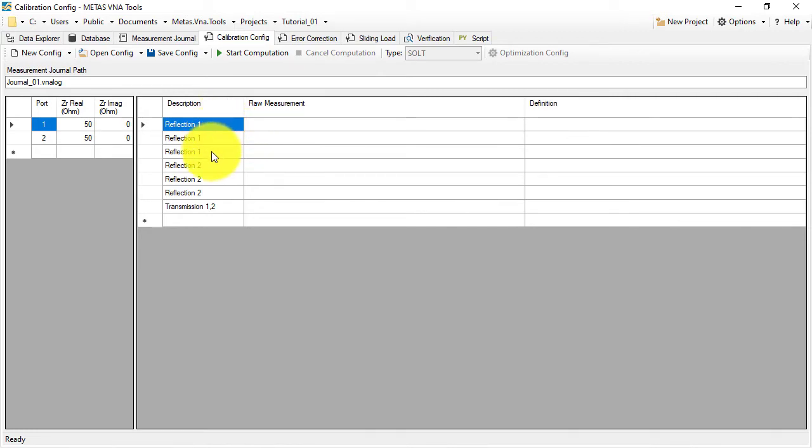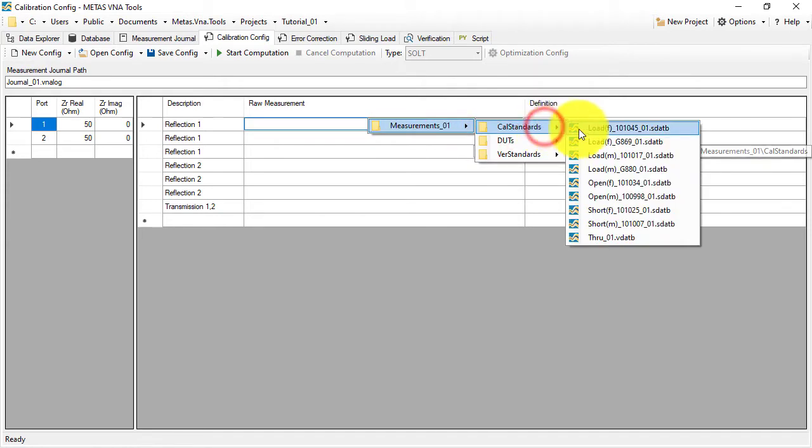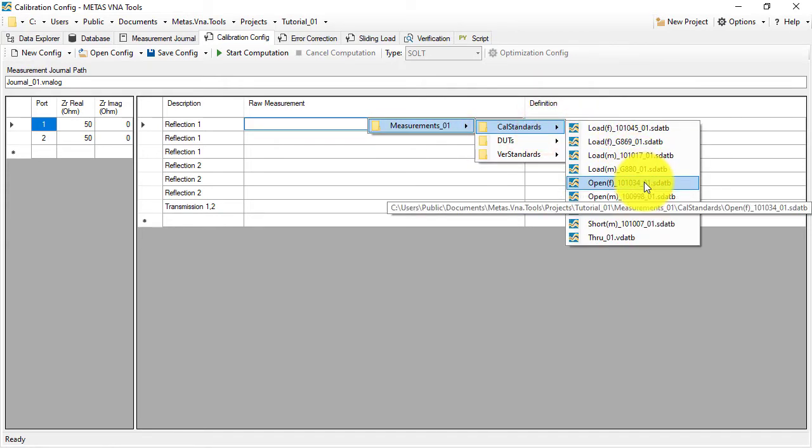The first 3 lines are the reflection standards at port 1. The next 3 lines are the reflection standards at port 2. And this line here is the transmission standard between port 1 and 2. So we begin with the first reflection standard at port 1. Here we choose as raw measurement measurements 01, cal standards, open, female,